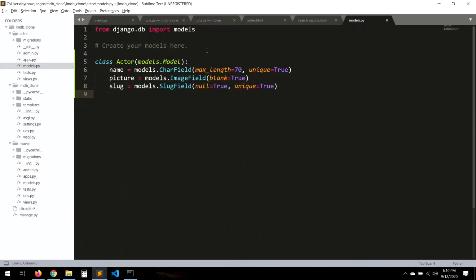Okay, and also, we're going to basically show all the movies that this actor has been in or known for. So let's create movies as a ManyToManyField. And then here we're going to add the model this way. Because why? Because it will create a recursive importation, because in the movie model we're going to have the actor. We have done this before, and this is the best way to do it right now. So yeah,